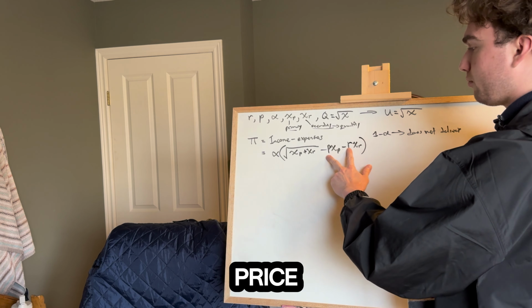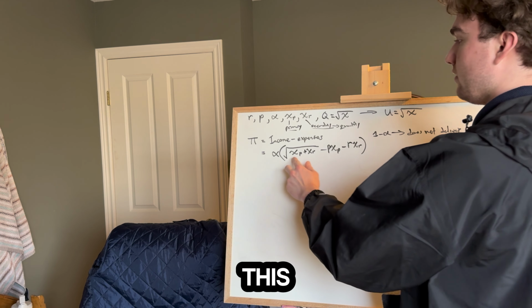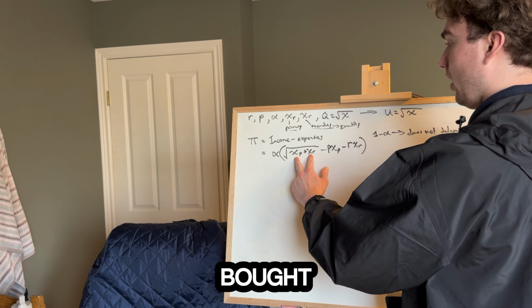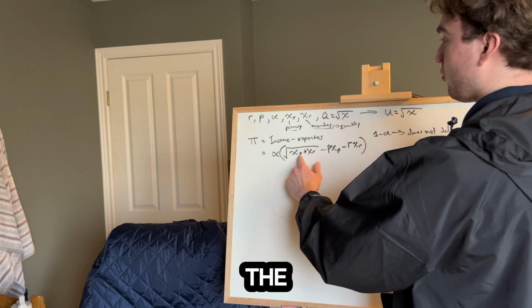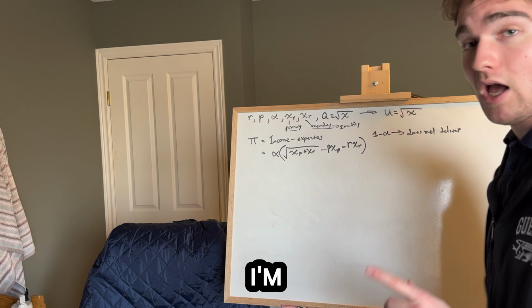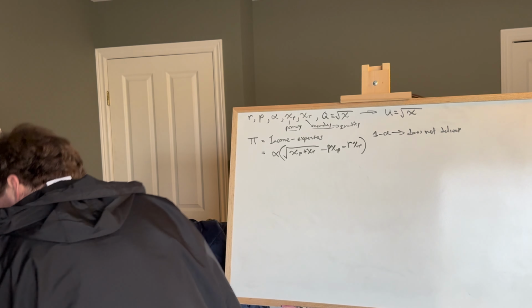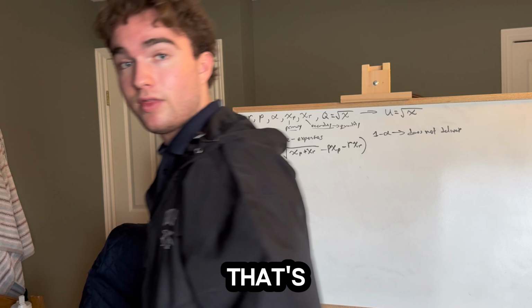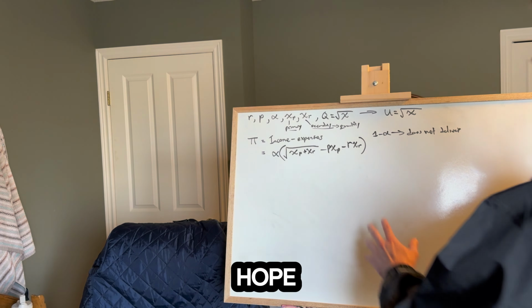This is the relative price to how much they've bought, and this is their utility of what they've bought, and this is the chance that the primary supplier is following through. I'm going to make sure that's right. So that's correct so far, and I hope it makes sense. The reason we've put both XP and XR under the same square root is because